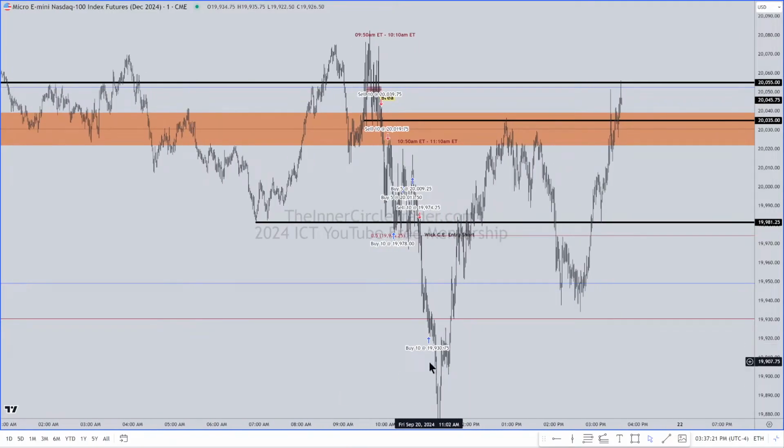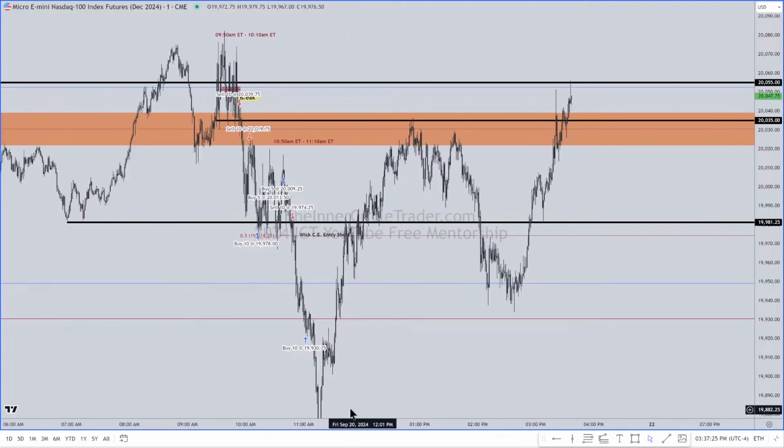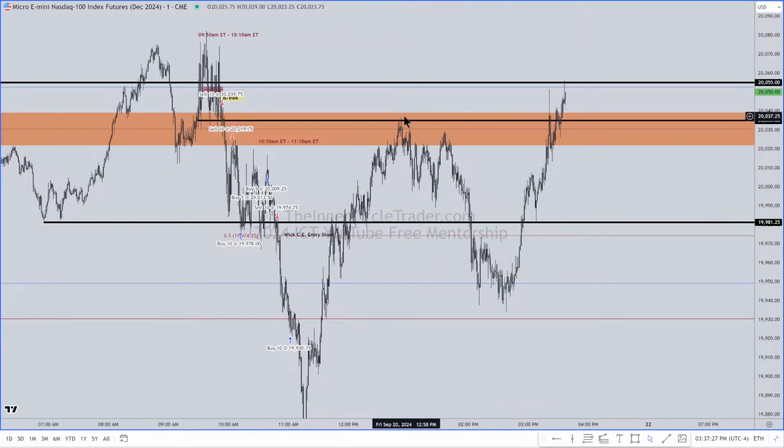And then what does it do? It starts to rally right back up. So all these things drawing right back up into yesterday's first presented fair value gap. Drops, rallies back up. What's it working? Yesterday's fair value gap.